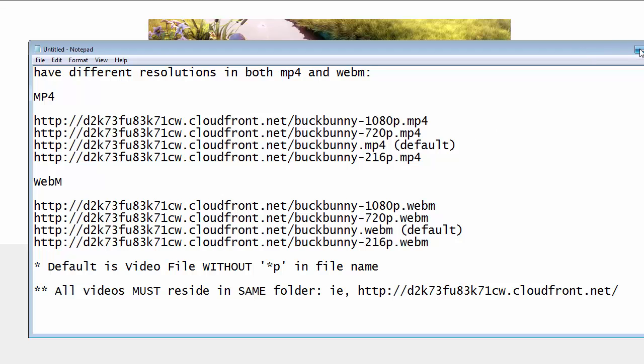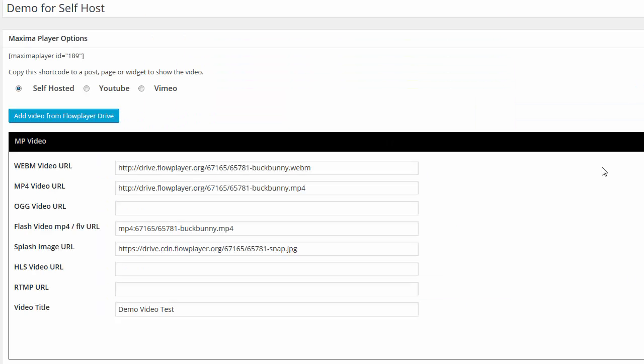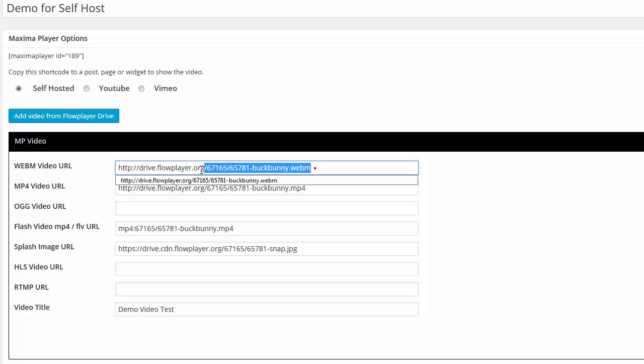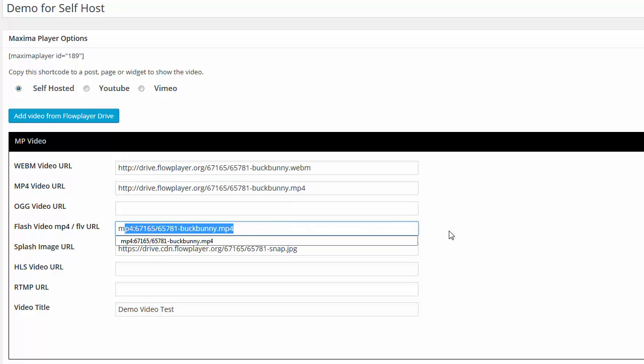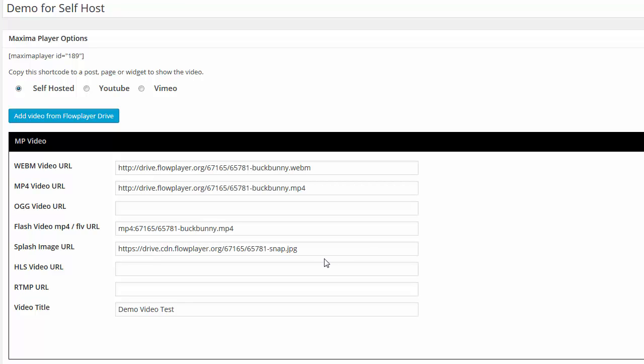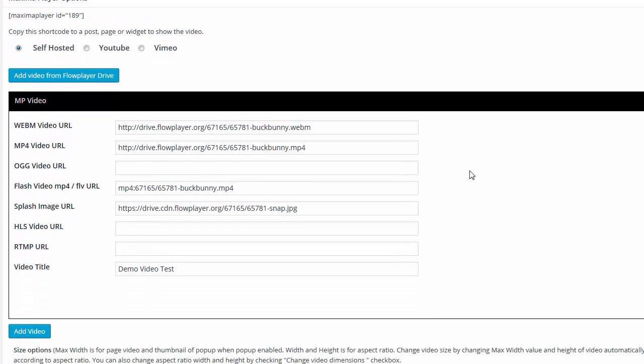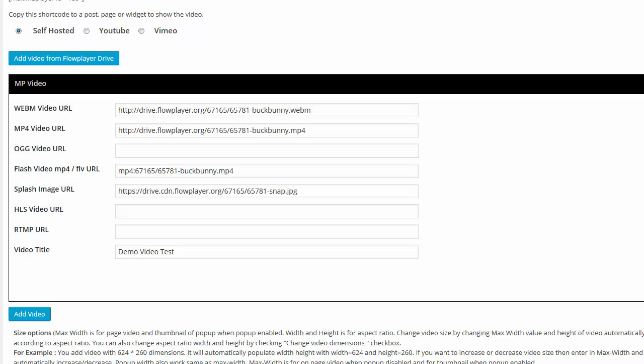All right, so let's see how this works. This is how you enter it. It's uploaded already to your server, and you put the default, this is your default right here, your WebM default, your MP4 default, and your Flash video, that's your default, and this is the splash image. So you put your defaults right here. When your defaults are there, it'll automatically detect other video file formats in the same directory. It has to be in the same directory. And when you save that and you want to watch the